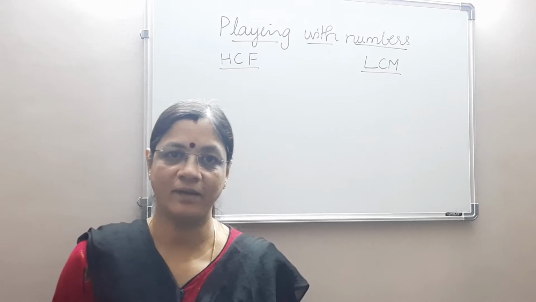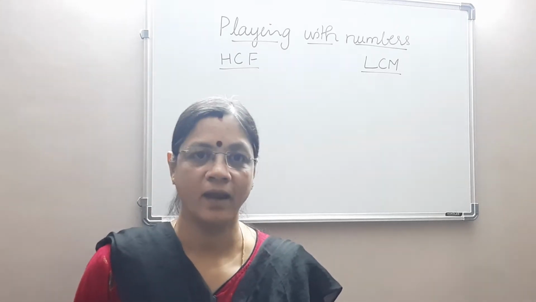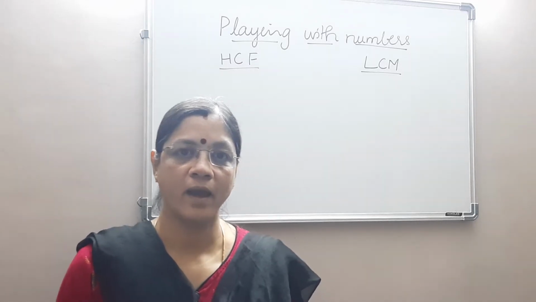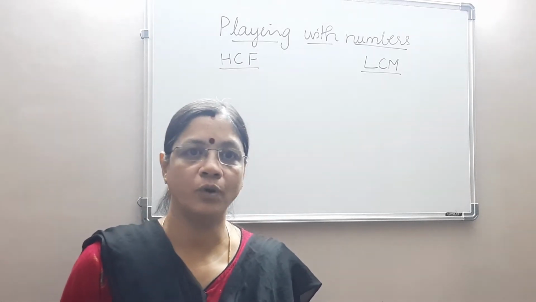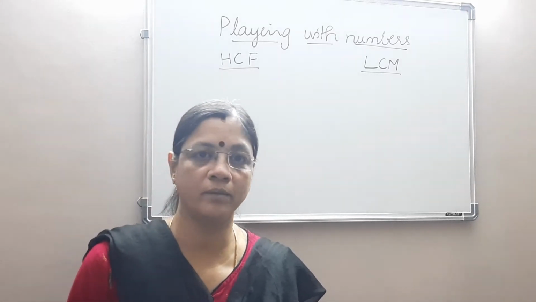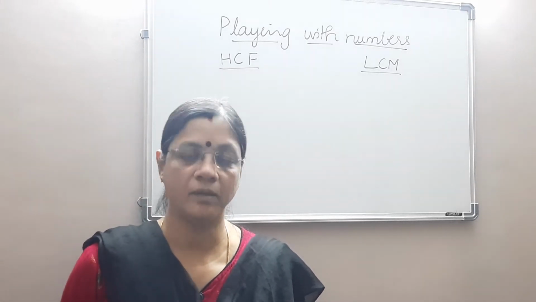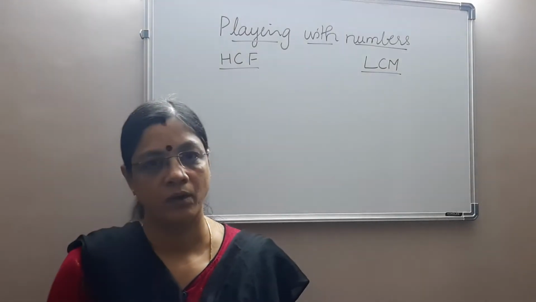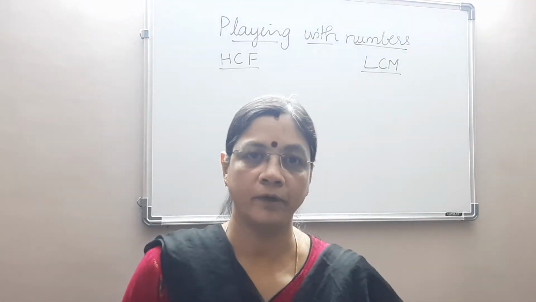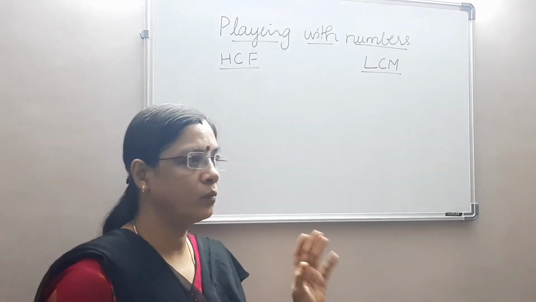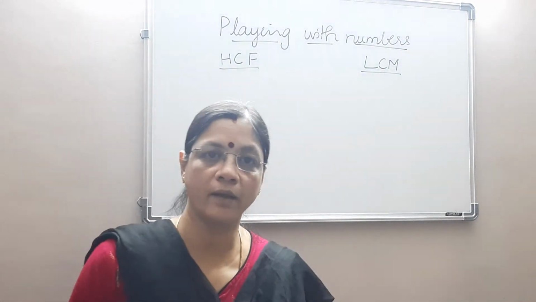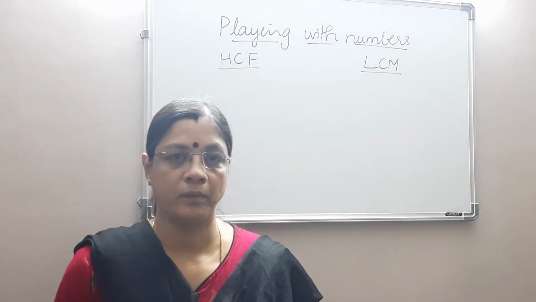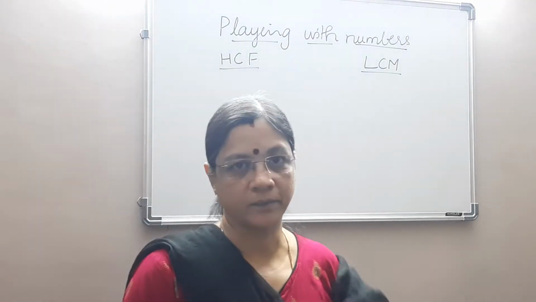Last class we have been seeing Playing with Numbers, chapter 3, and I have summarized up to factors and multiples. I have told you about the types of numbers like odd numbers, even numbers, prime and composite numbers, perfect numbers, and co-primes and twin primes. Okay, now we'll move further and we'll see what we can do about the factors and multiples. We have read about factors and multiples and what we can do with them. Okay, so let's get started.